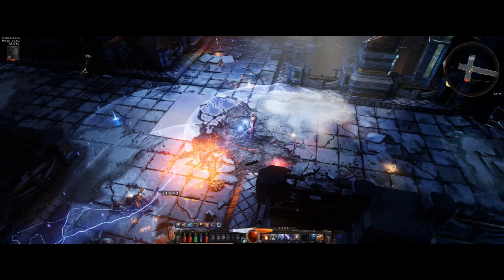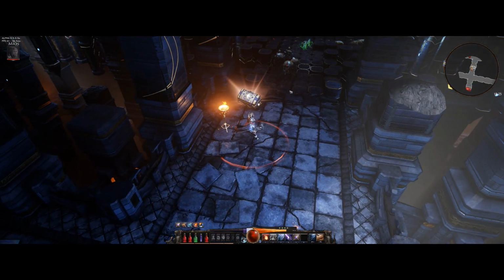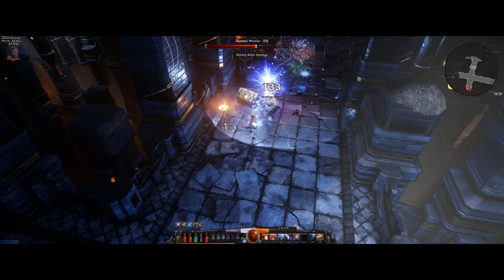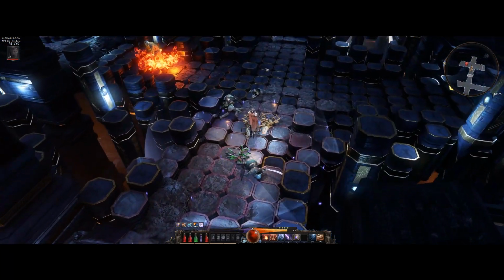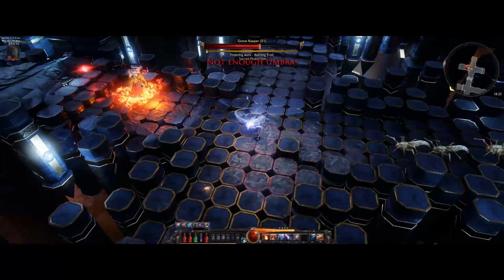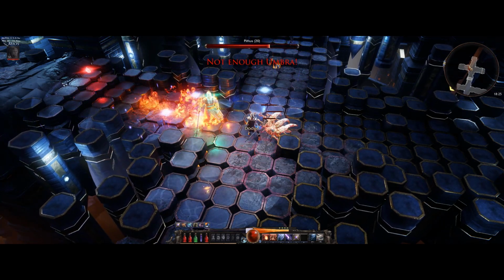But there is a dodge function in this, which is pretty good. I don't normally use it. I kind of usually just stand and deliver. But when it gets a little tough, especially when I'm taking a beating, or there are a lot of the big enemies in here that do some massive area of effect damage, and